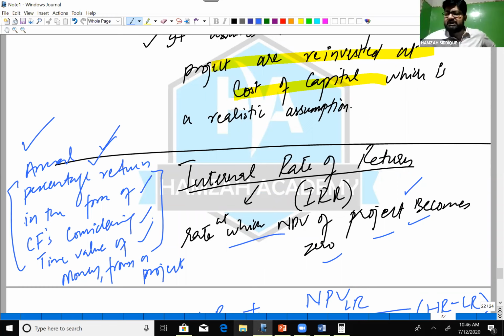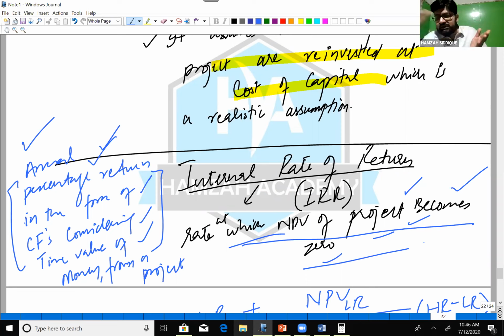If you deduct this return from the project cash flow, NPV will become zero. Now you see this definition as well. If you discount these cash flow at this rate, NPV will become zero, so both definitions are verified. 17.2% is the yield, the return from the project. If you deduct that return, NPV will become zero, because remaining is only cash flow equal to project initial investment, because it is total return, annual return. Is that clear, students? Tell me please, is that clear?